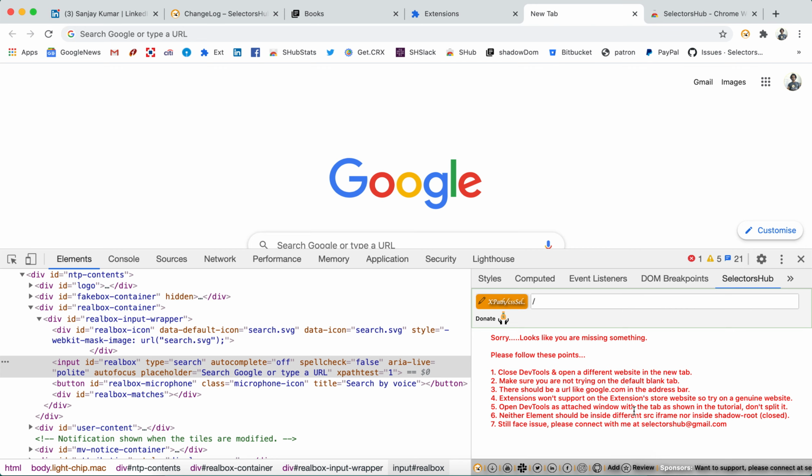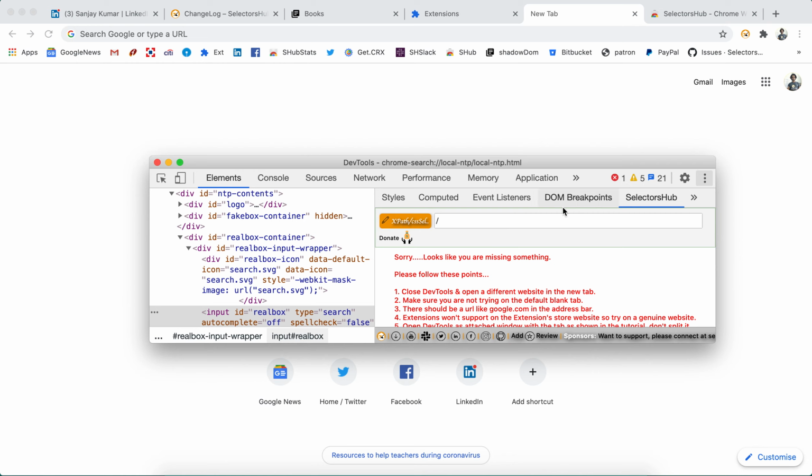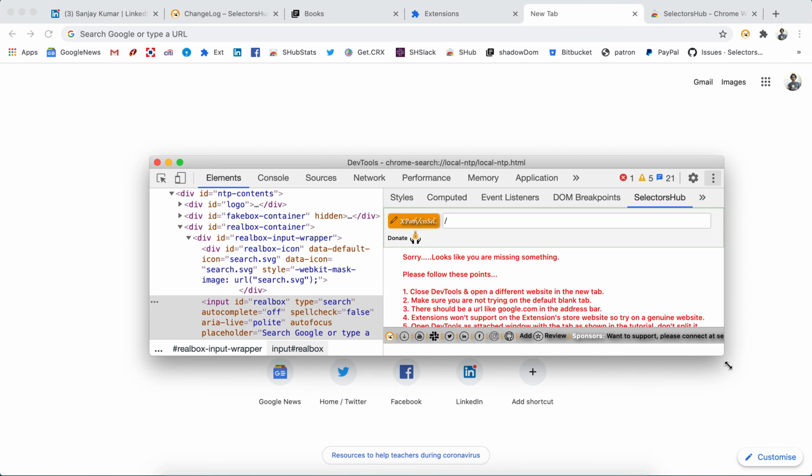Open DevTools as an attached window. It is suggested that you always open DevTools like this. If you open DevTools as a separated window like this, then it will not work for security reasons, because SelectorsHub has been designed in such a way that